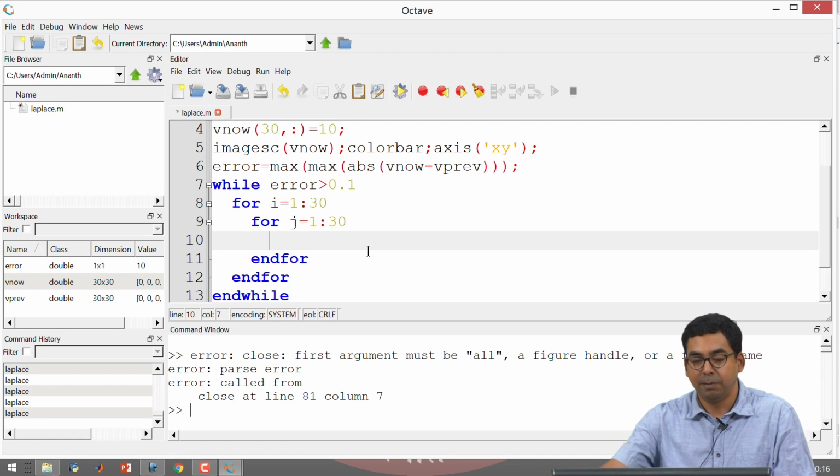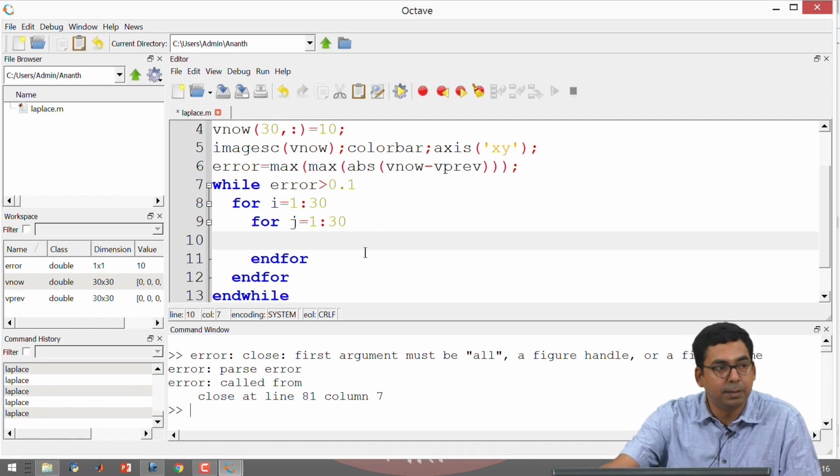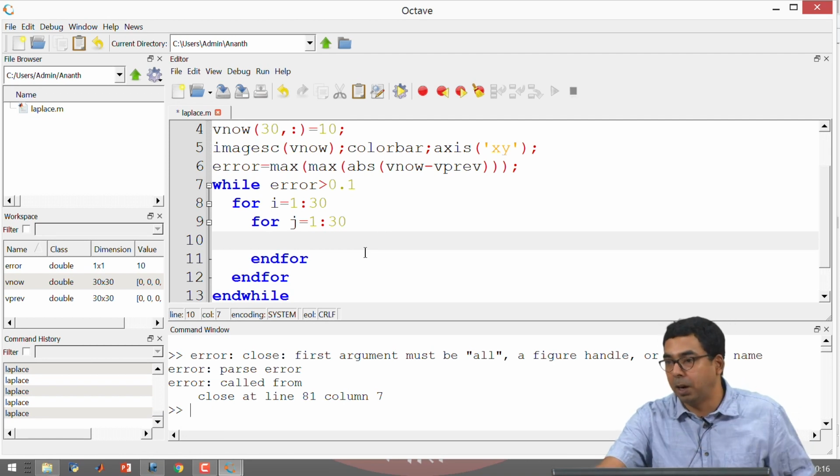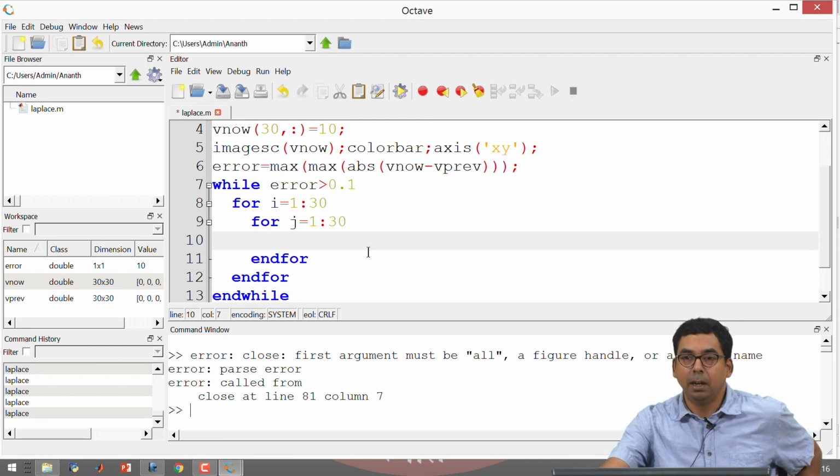The syntax here is, if I put 1 colon 30, 1 signifies the starting point for that array variable, or i, and 30 signifies the end point, and if I do not specify anything else, it means that it will go in increments of 1. So, it will be starting with i equal to 1, the next round it will be going i equal to 2, next one will be going i equal to 3, so on and so forth.